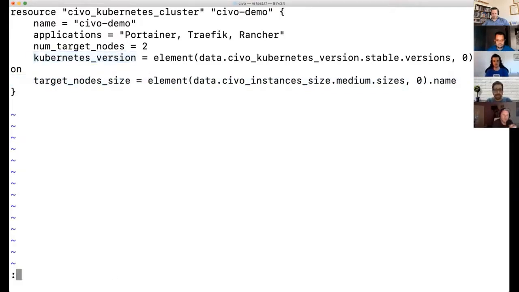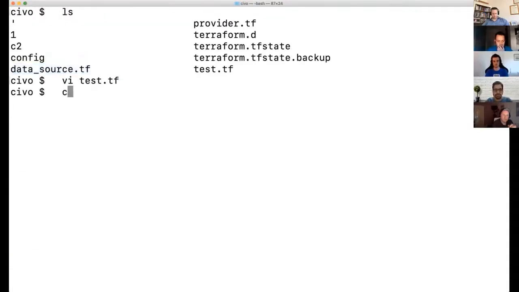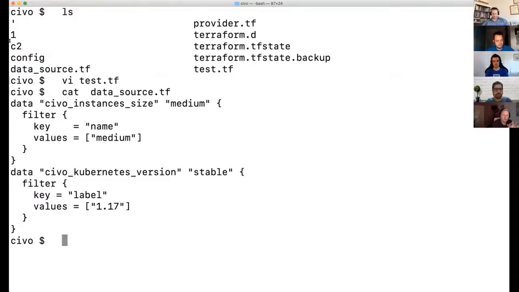And I can show you the data source file as well. So the data source is this. In the data source, you specify, okay, this is medium, and you give the name and the value. And again, in the data source for the Kubernetes version, you define the label and 1.17. All the documentation of the data sources is available on the repository, so you can see what all things you should specify. It's not like I have made something on my own. It's already there, what I have used.